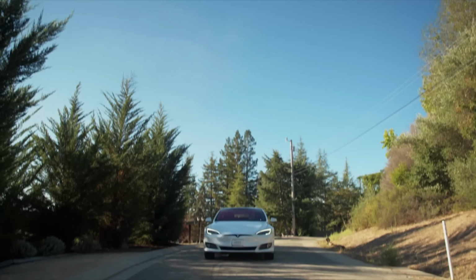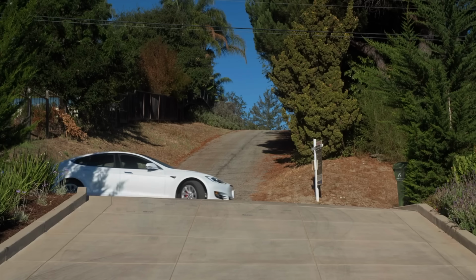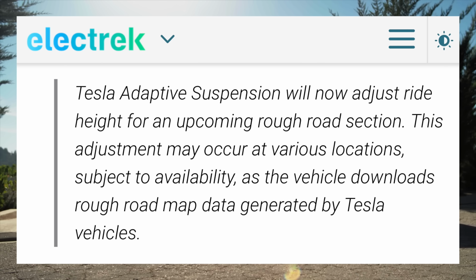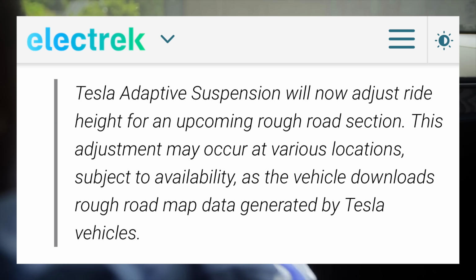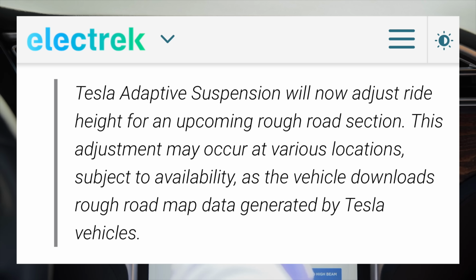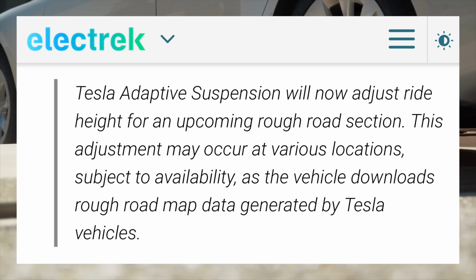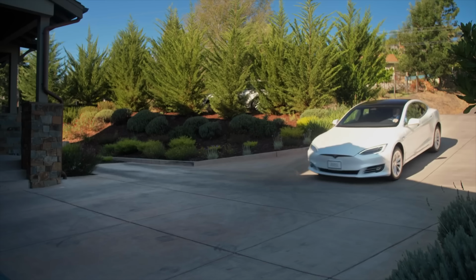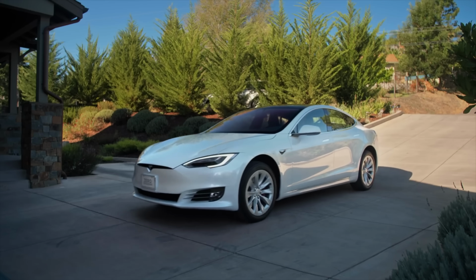Next up today, Tesla has released a few software updates that have a big impact for many owners. First, for vehicles with the Tesla Adaptive Suspension System, shipped in the Model S and X, quote, "Tesla Adaptive Suspension will now adjust ride height for an upcoming rough road section. This adjustment may occur at various locations, subject to availability, as the vehicle downloads rough road map data generated by Tesla vehicles." This is arriving in software version 2022.20